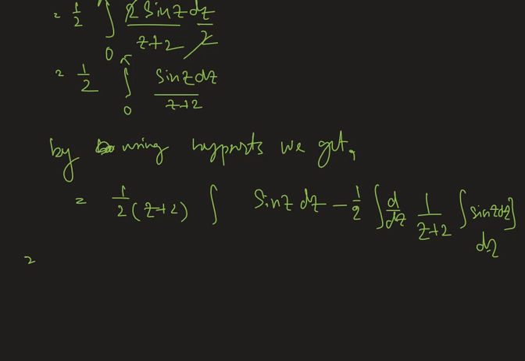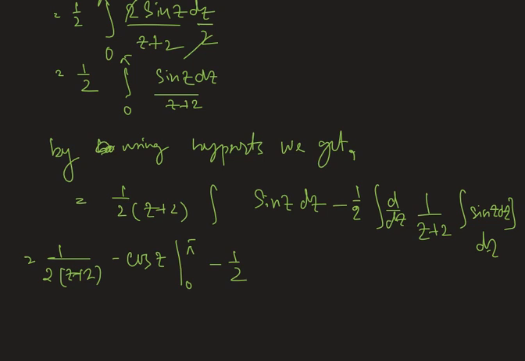Hence we get 1 by 2, z plus 2. Here we have minus cos z, limit 0 to pi,